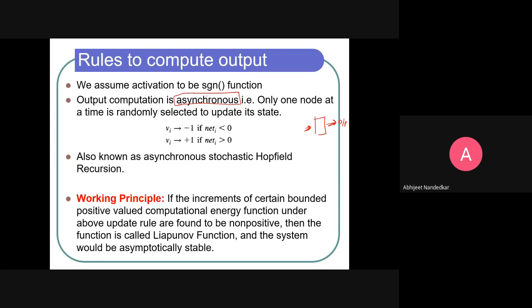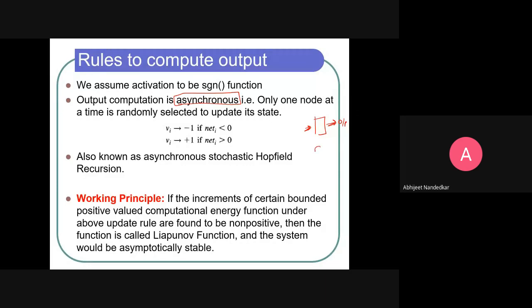So what does it mean? It means that only one node at a time is randomly selected to update its state. All the neurons are not allowed to change their states in one go. We have to choose one of the neurons randomly and allow its state to change. Then take a second neuron randomly and allow its state to change. Like that,